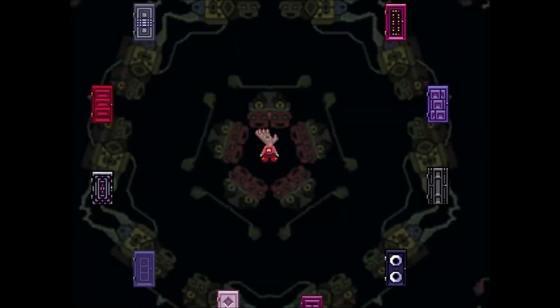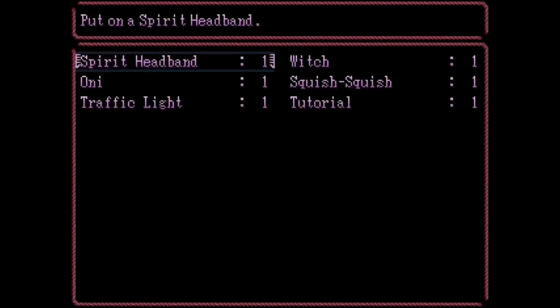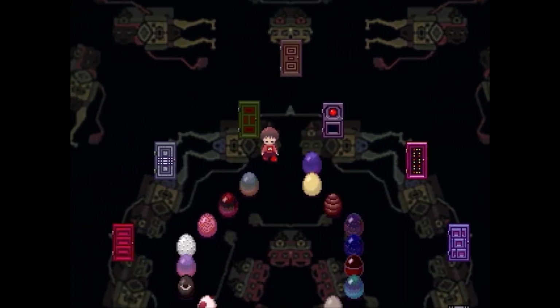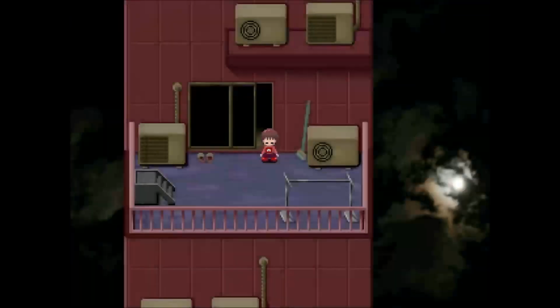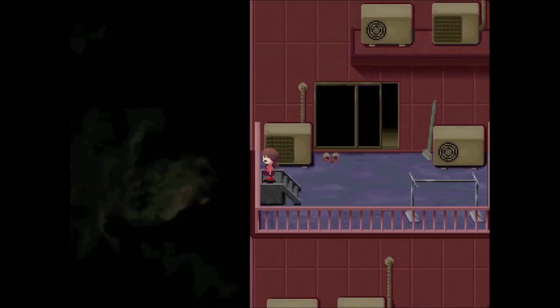Once you've collected all 24 effects, returning to the Nexus and dropping all of them will allow you to trigger the ending. And in true Yume Nikki fashion, it's just as bizarre and unexplained as the rest of the game. After doing this, if you wake up and step out onto Madotsuki's balcony, there will now be some steps next to the railing. Walking up to these and pressing the interact button will cause, well, just watch.